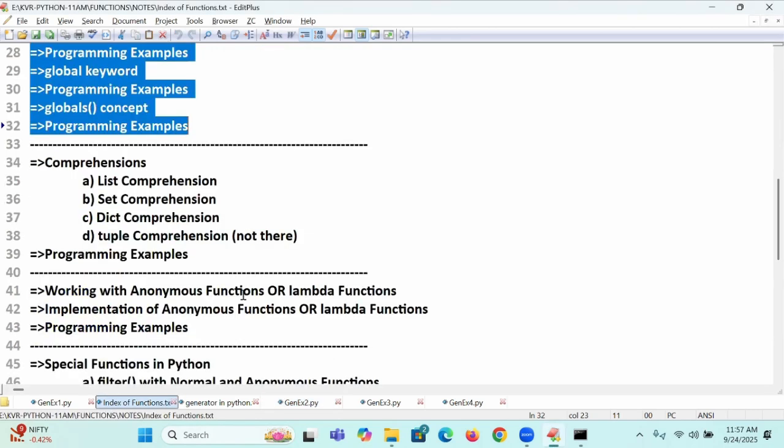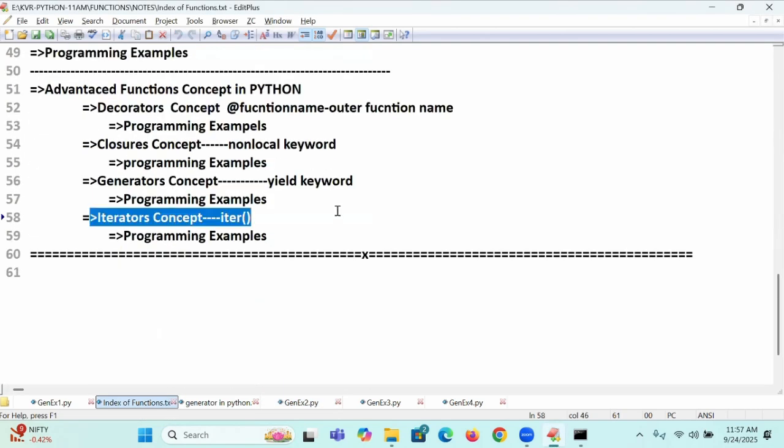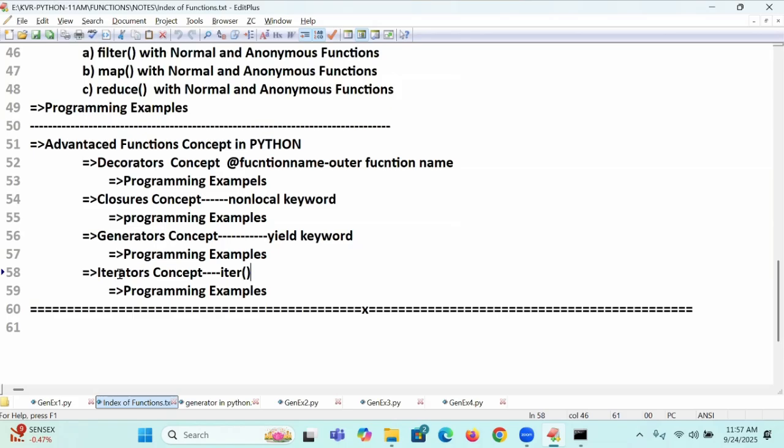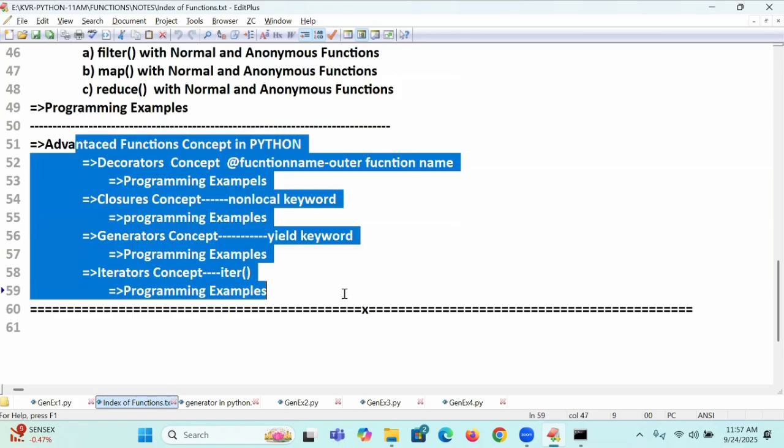To the next one more. What is that? Iterator. Now you are fearing. It's a very difficult concept. Actually, they're very simple. In one day I can explain, but I'm explaining this same topic for 3-4 days. So coming to the point: when you go to the interview, compulsory questions on this will be coming.